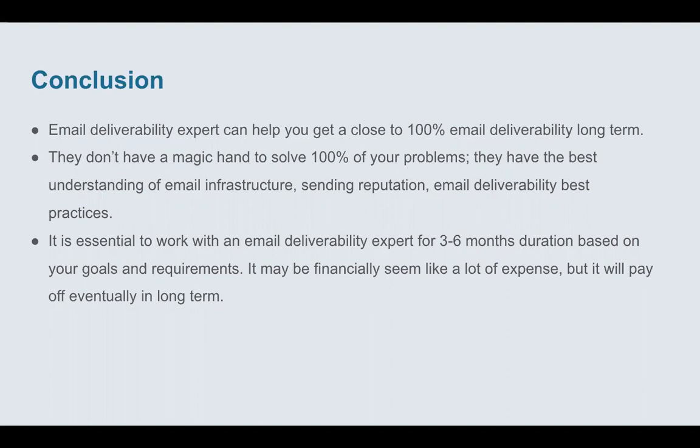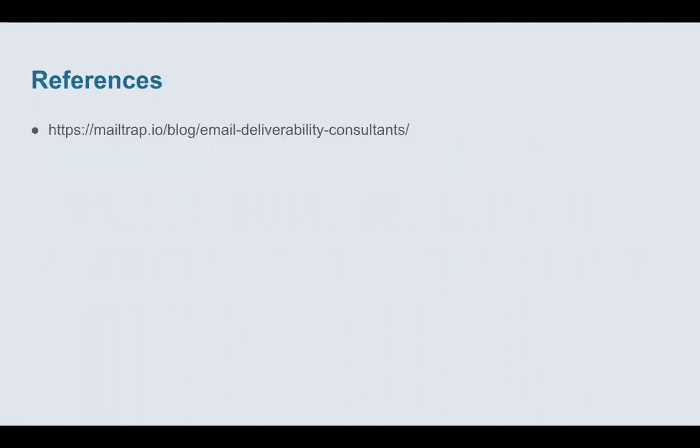So again, this engagement is going to be on-demand, as and when you need, but have somebody who is actually there to support you when you need it. Instead of burning your hands, sending to the wrong audience, wrong content, and getting a bad reputation, you would want to work with an expert who can actually take a look at your infrastructure, campaigns, and everything, and then guide you properly. And it'll really pay off in the long term.